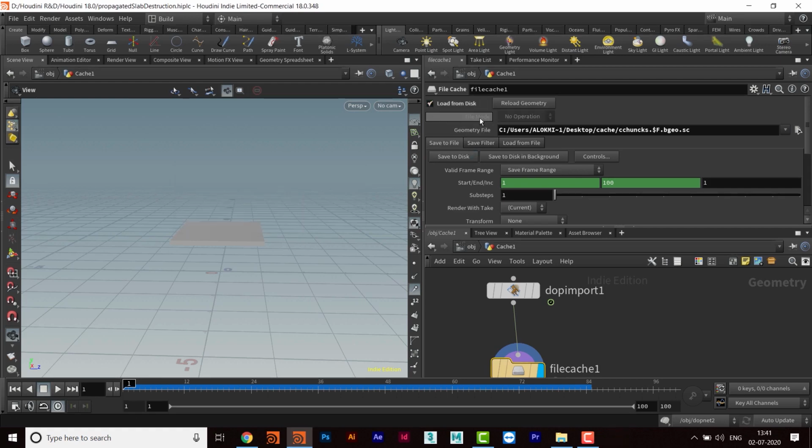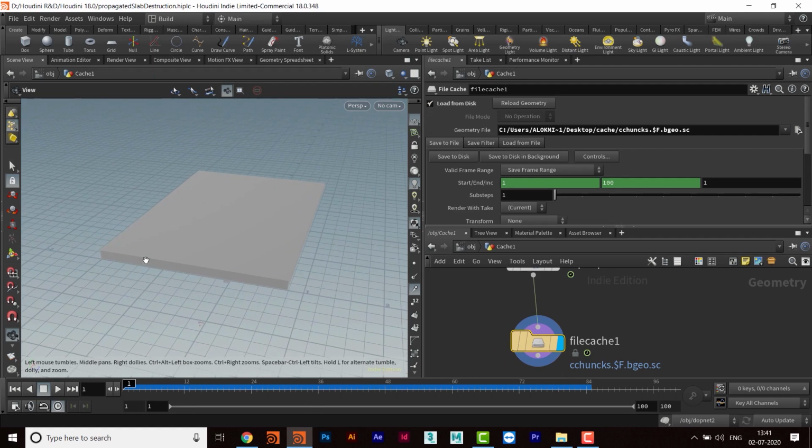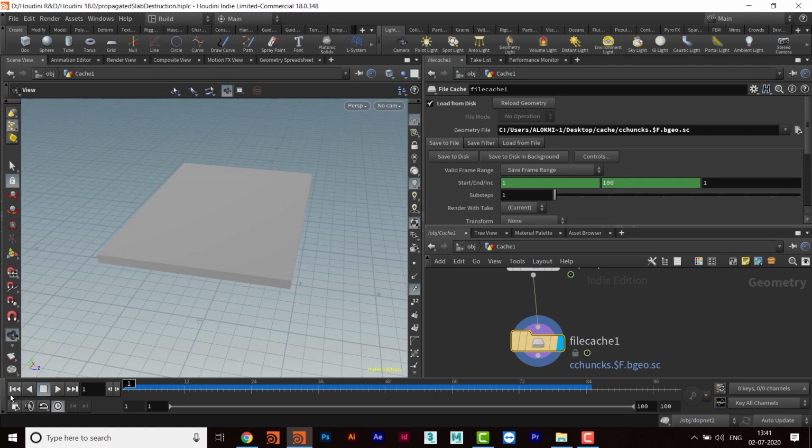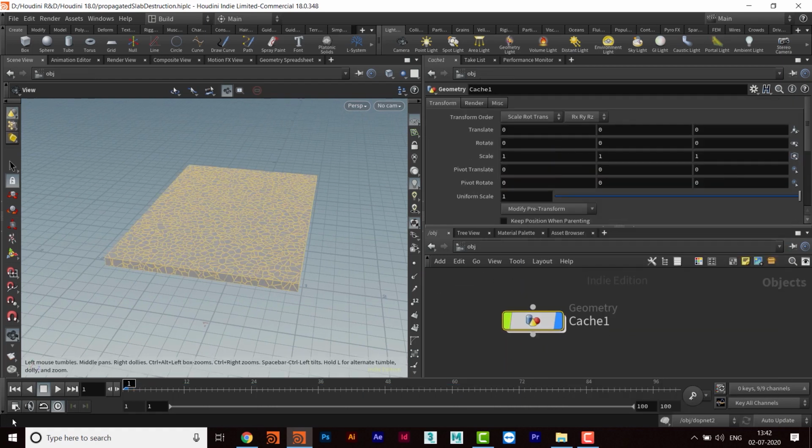And then we will load it from the disk. So in that manner, that will be loaded from the disk only, so we can check it.